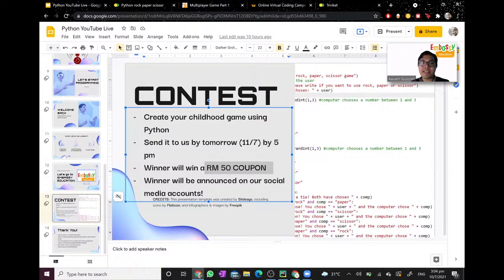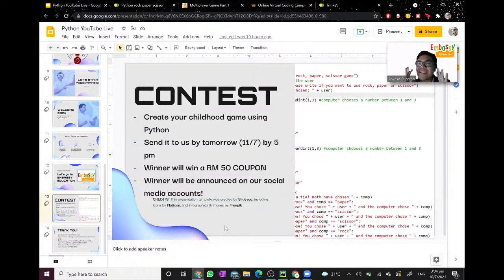So the goal is very simple. Create a Python program of your favorite childhood game. It could be Rock, Paper, Scissors, or Chiku Park, or any other games that you played in your childhood, okay? It is a way that you can program in Python. Even games like Snake, or if you want to try be ambitious, Super Mario, that's a bit hard. Any Python game. It could be the same Rock, Paper, Scissors game that you create here, but you upgrade it. Perhaps my code is very weak, and you can upgrade it. Sure, go ahead, guys, okay?